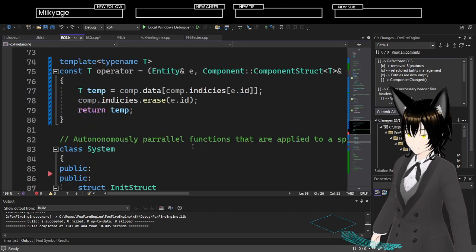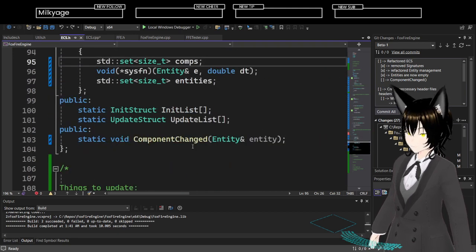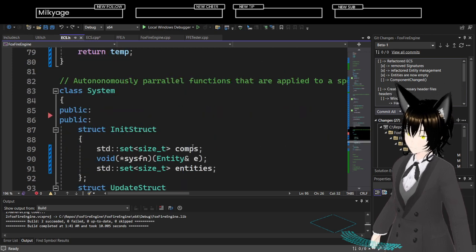I'm just passing IDs around at this point, right? I mean, it could be pointers. Component pointers.